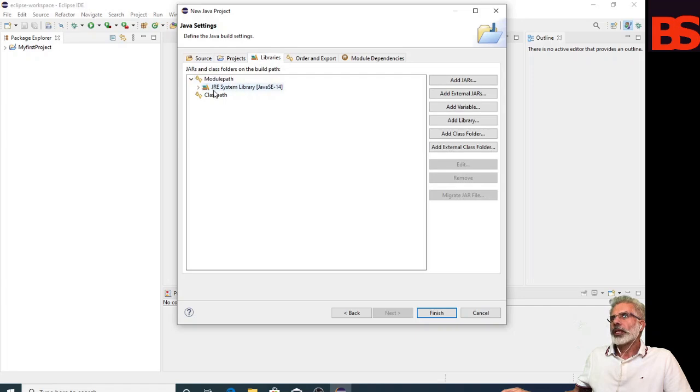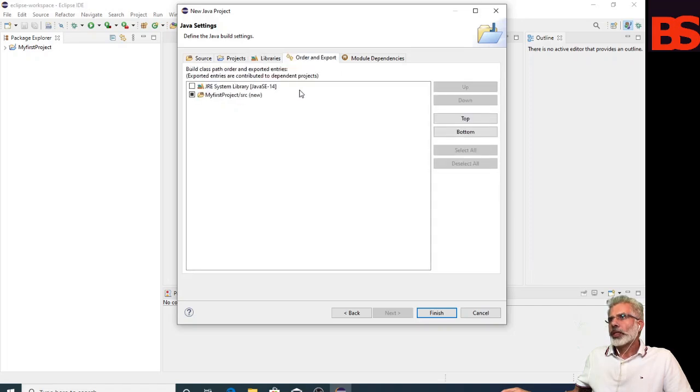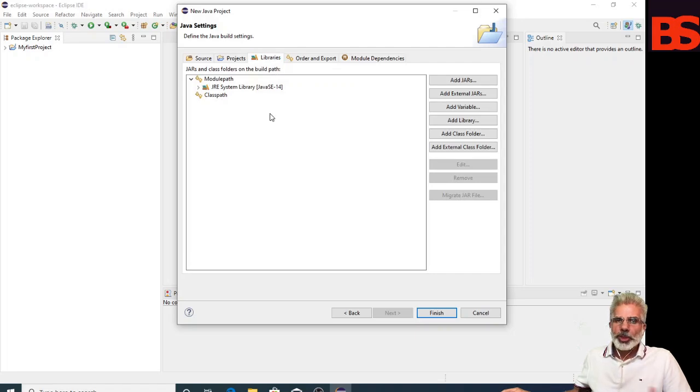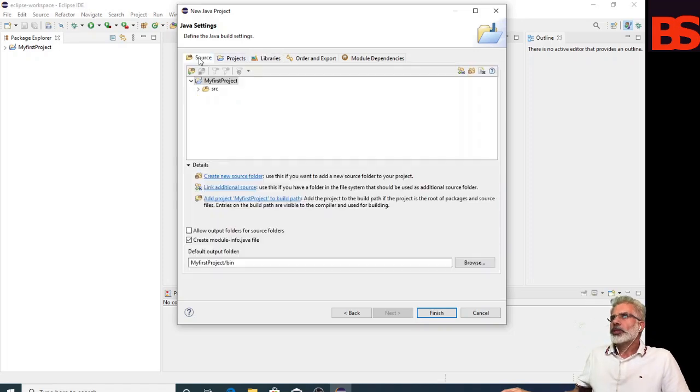And this is the library, we have already selected JRE system, and order and export we are not using here, and module dependency is not needed for this project. And in library, if you are using jar files that exist in the same workspace, then you can add jar. Otherwise, if your jar file is elsewhere, you can add external jars if you are using them in your project. Otherwise, your Java build setting is already set, because it was set at the time of creating.